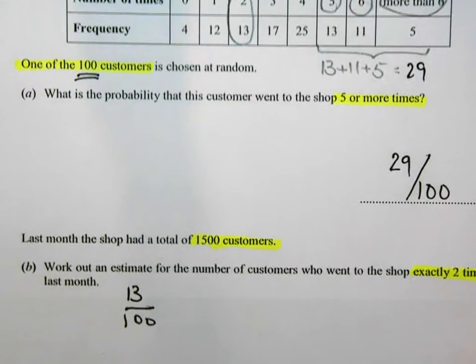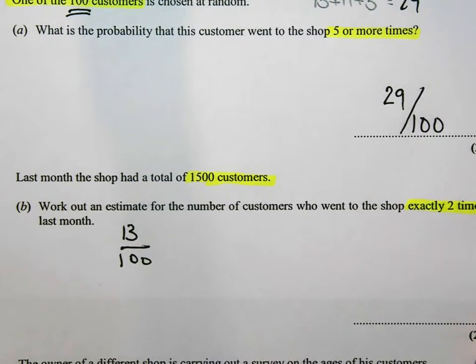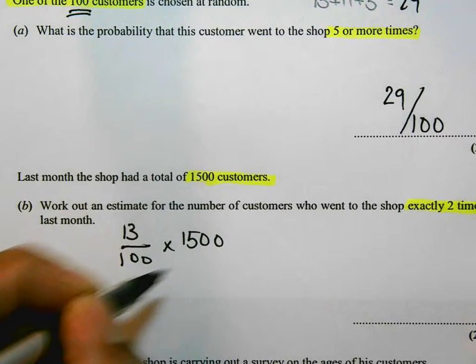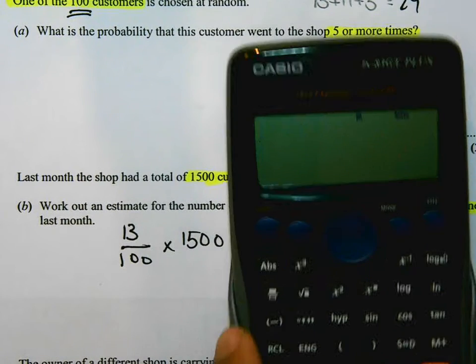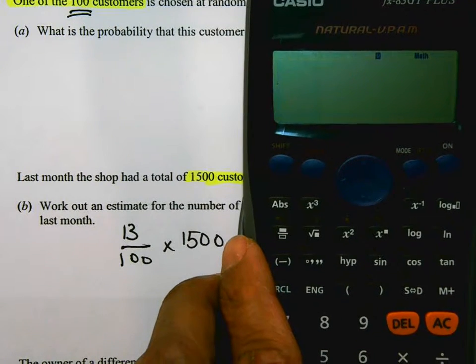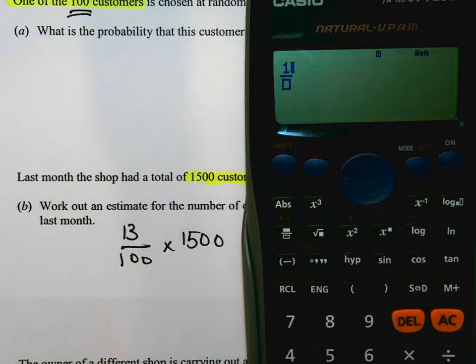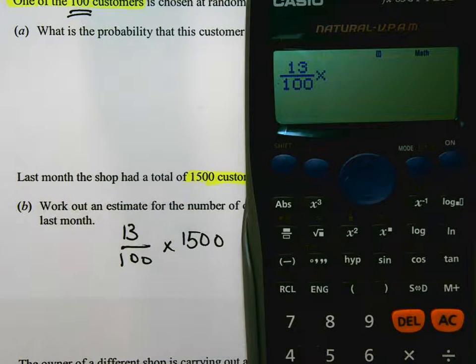And 1,500 customers went to the shop, so I'm going to times that by 1,500, and that is going to give me my answer. I'm going to do this on my calculator. I'm going to make sure you can see it. I'm going to type it out just as it is. I'm going to use the fractions key to type in 13 over 100. Move the cursor out, across, and then times it by 1,500, and that's going to give me 195, which is what I will write in the answer space,